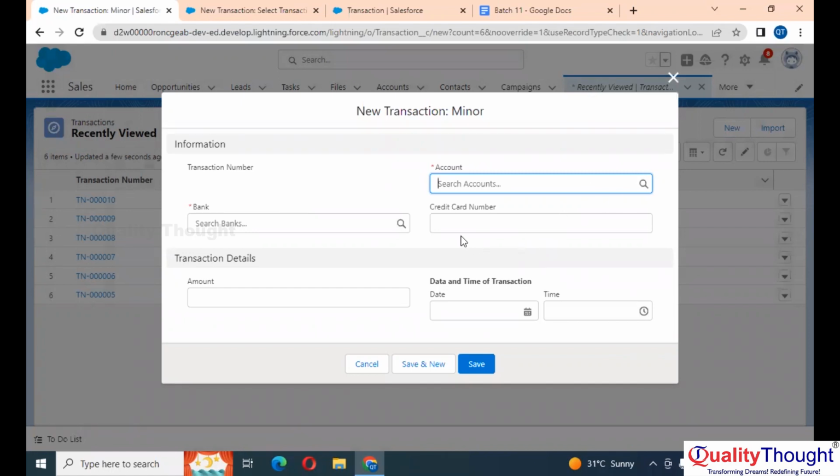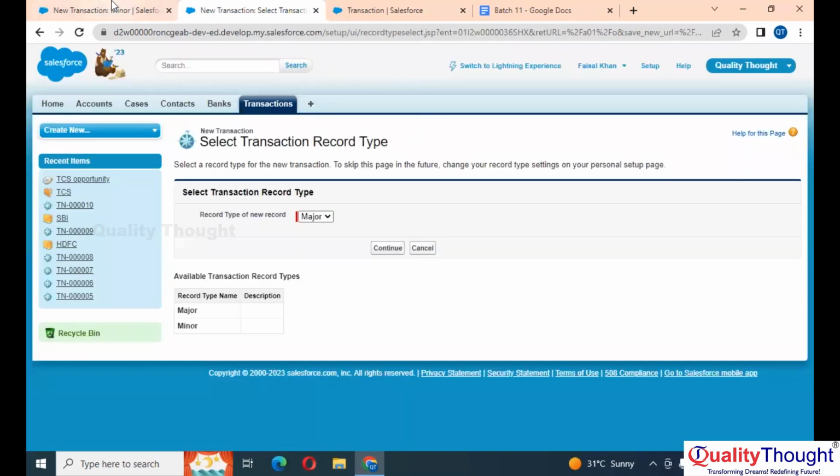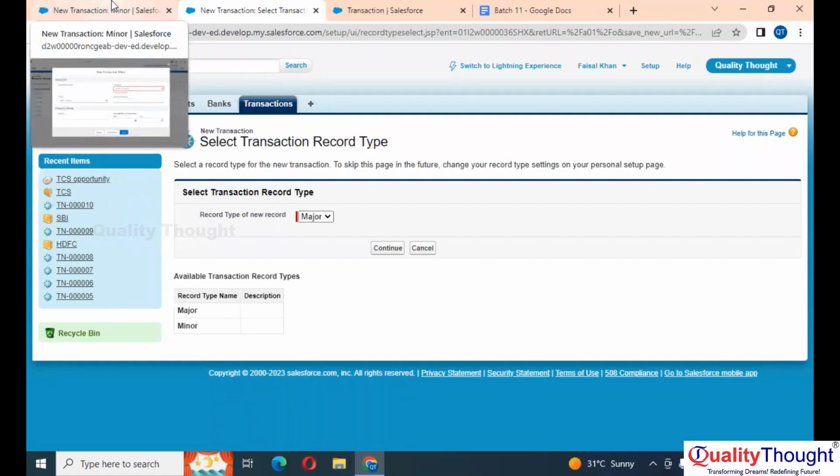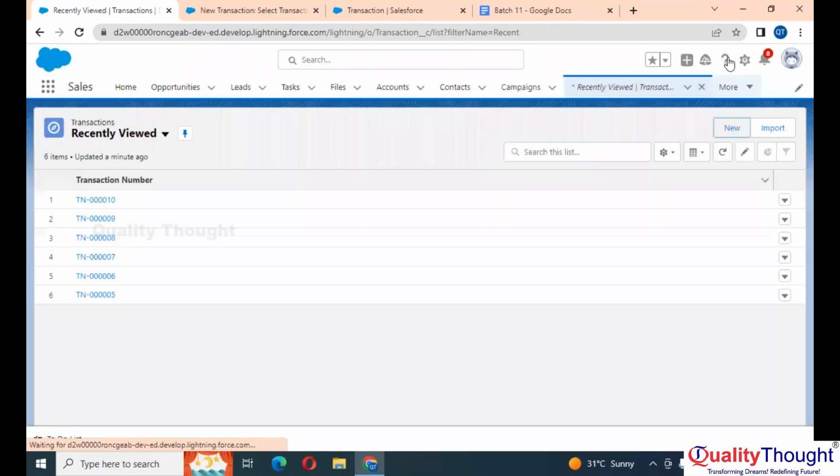Okay. Now, if you see, I want to make credit card number mandatory for major. For minor, it is not mandatory. Okay. Now let's check out how we can do this. What are the ways to make something mandatory? Till now, what are the ways we have seen? We have the required option. Where? While creating a field, right? Now, if I go to this field and check the required button,